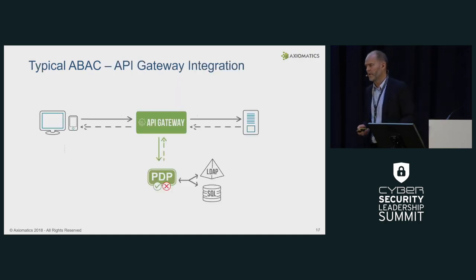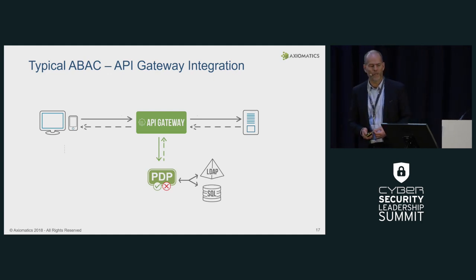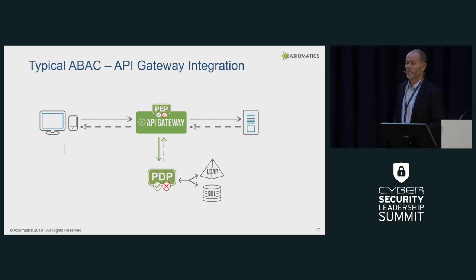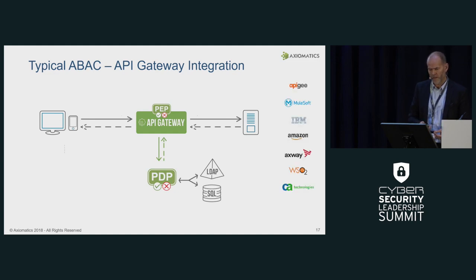So how would you apply this to an API gateway? Well, obviously, the API gateway in itself becomes the policy enforcement point. The API gateway is capable of a lot of different things. One of them is access control, as also pointed out earlier. It does authentication, and that should happen prior to this. But when it comes to authorization, the API gateway is also good at communicating with other services using APIs. So what it can do is send a simple request to the decision point, and we would automatically evaluate,